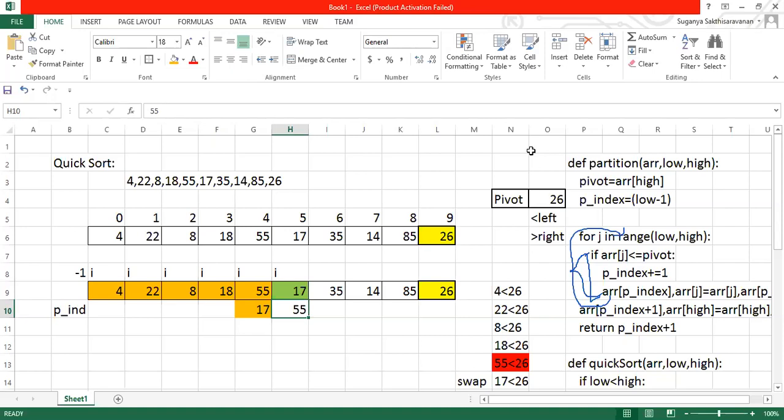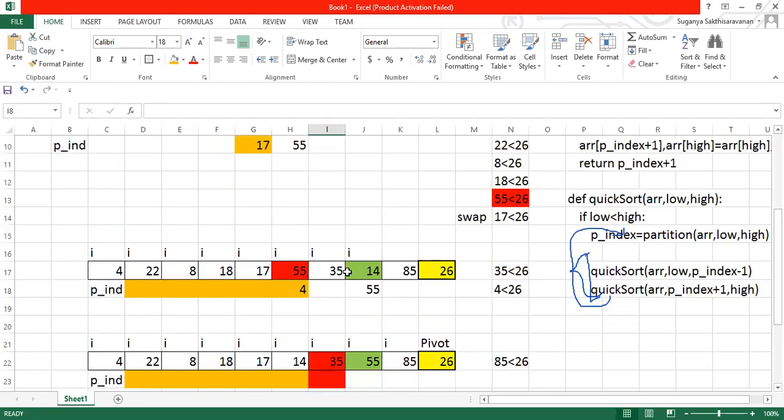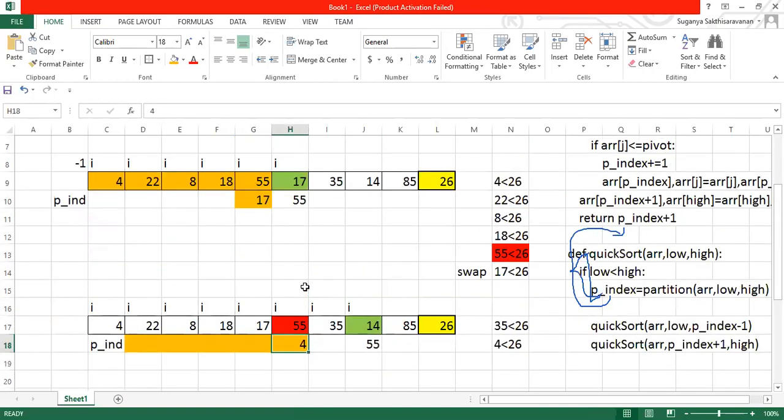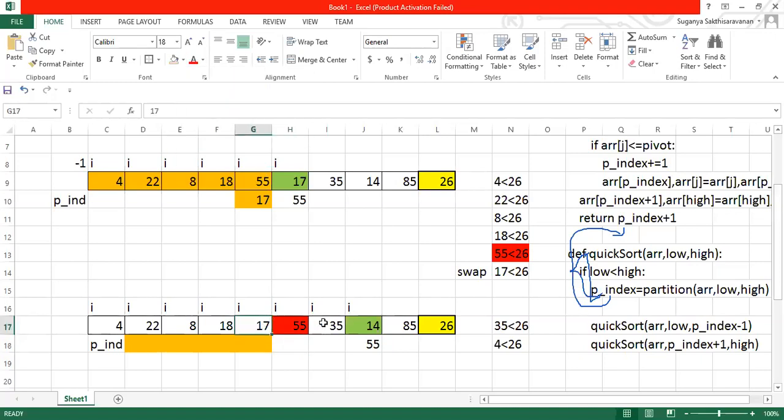Just a minute. So till this we have done it, right? So your p index is staying here and your j pointer moves to the next position. This swapping has happened. So after this what happened? Your j pointer moves to the next position here and your p index stops here itself. So 17 is swapped and 25 is here, and your p index will be at this position itself and your j pointer will move on to the next value.